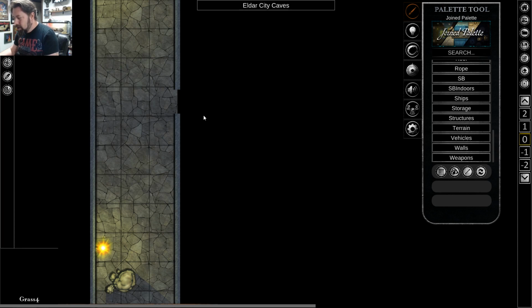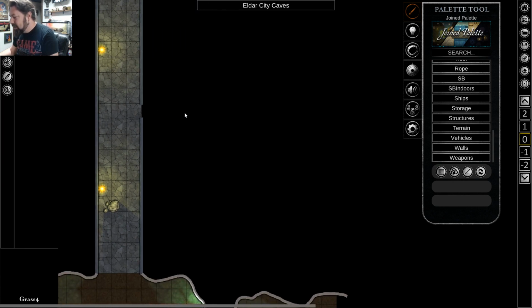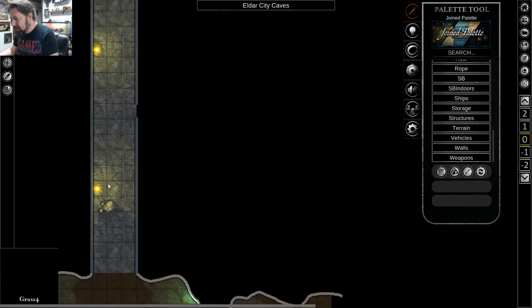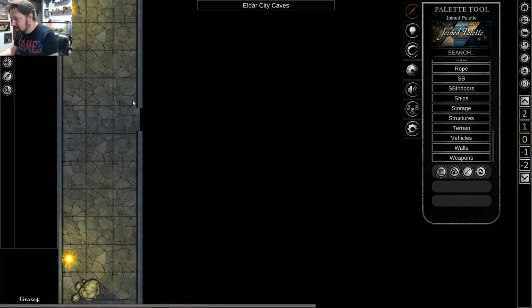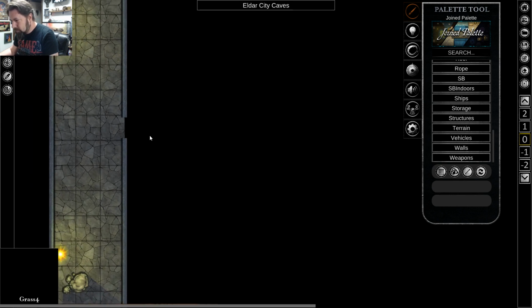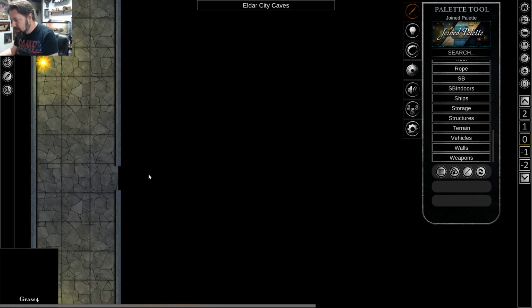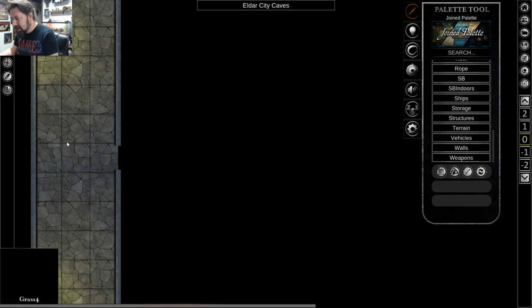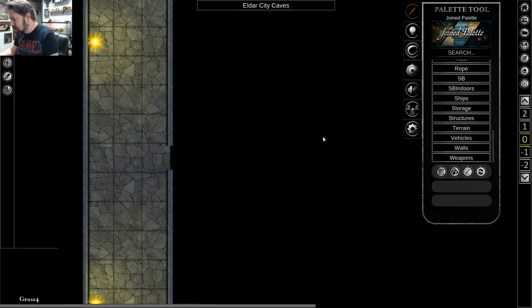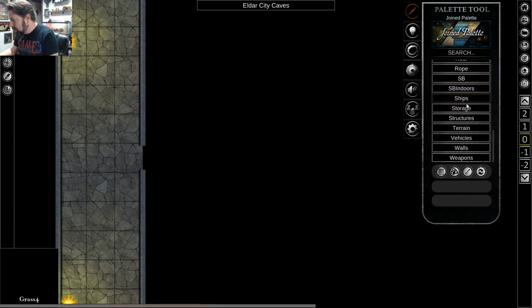We're going to go up here, and this is going to be a breakaway area that's going to go into a more natural area where there's going to be some creatures that have been using this as a passageway to get out into the canyons. But they have their own layer back here, which is going to be not as rigid as this dungeon here, which will be a staircase up. So we're going to go to